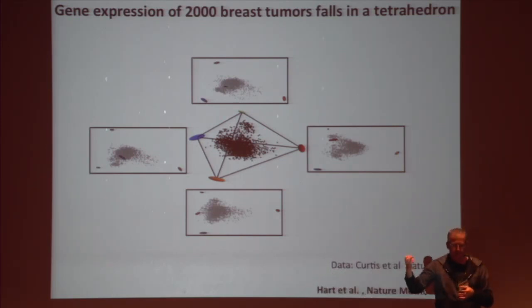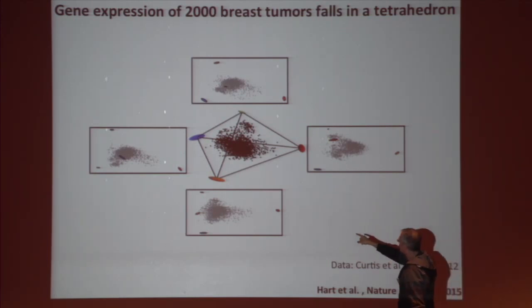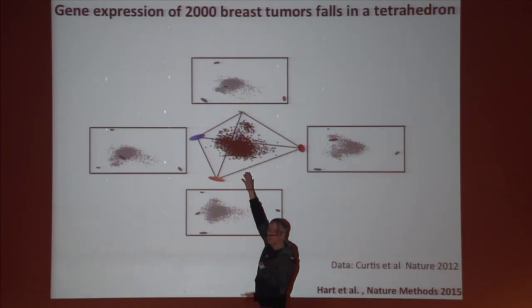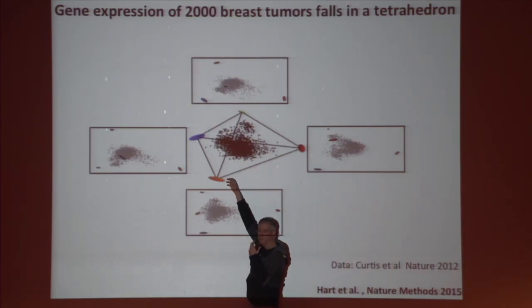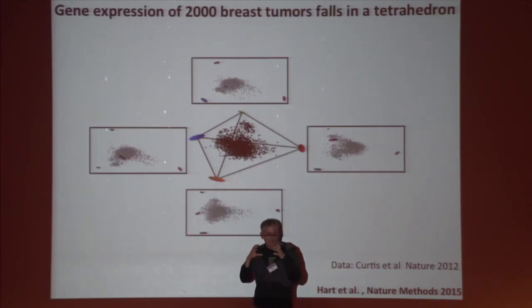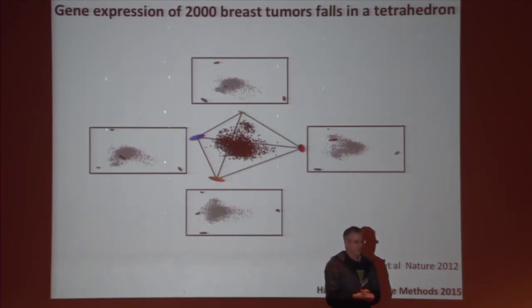If you go to 5-dimensional archetypes, it's okay. Some of the archetypes split up, and these ellipses are what happens when you do data resampling. You take data with replacement. Why do we do that? We want to see if the archetypes are sensitive to outliers. They don't move much. That's these ellipses, the standard deviation of the archetypes. So we do all these statistical tests